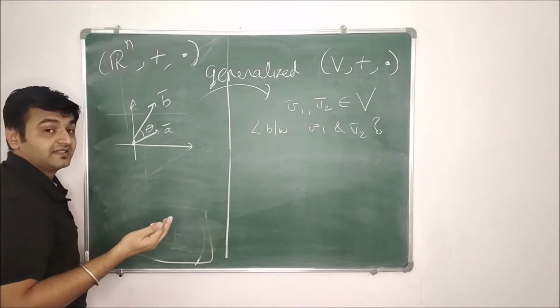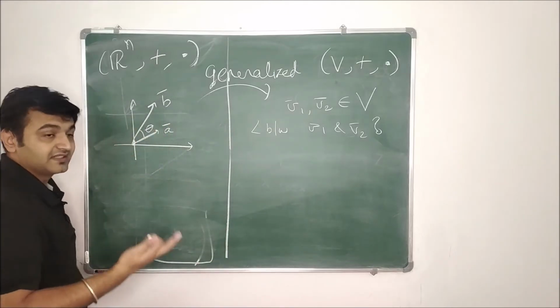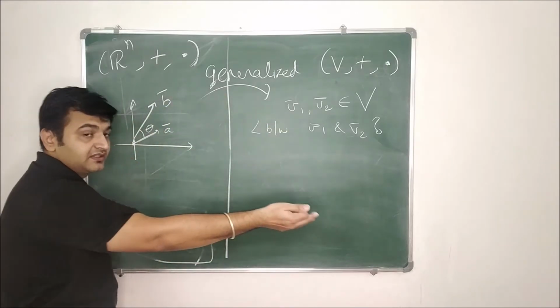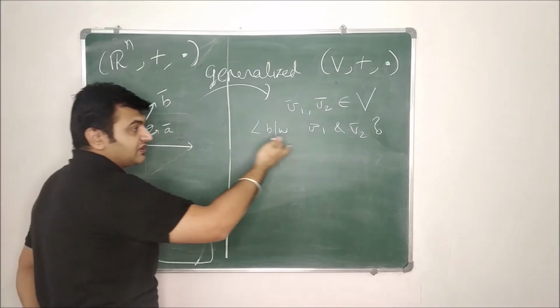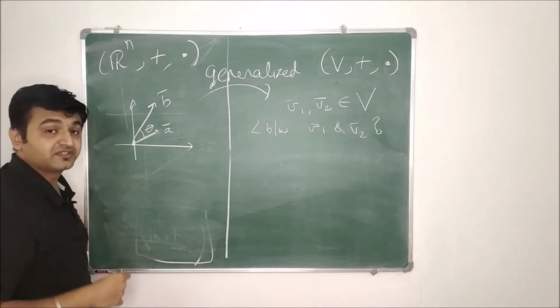So now we can see this is a legitimate question, because in vector space I should also ask this question. Since it's a generalization, if some things I can do over here, the question is: can I do the same thing over here? And that's why the first three questions which I asked you.